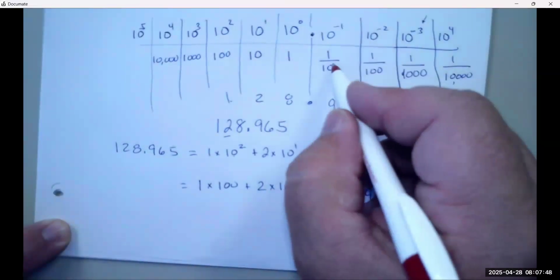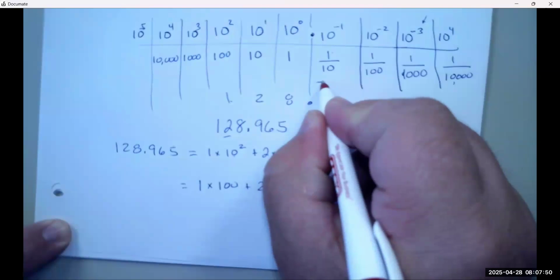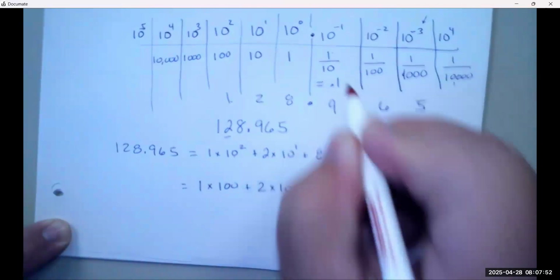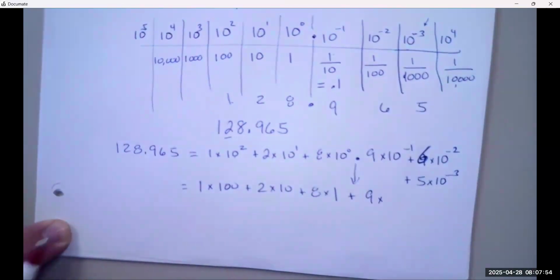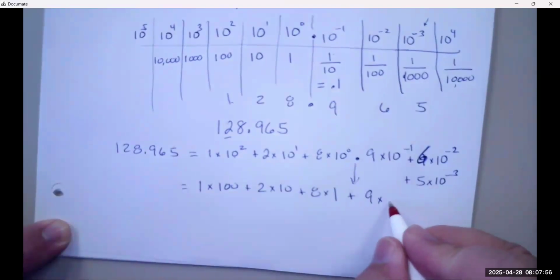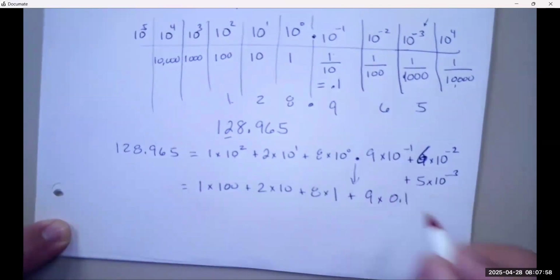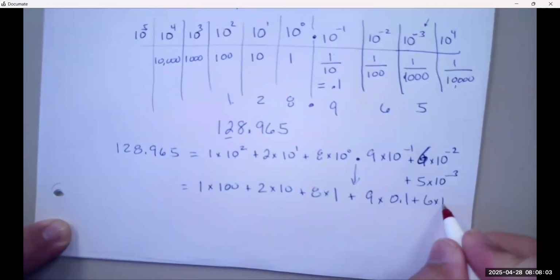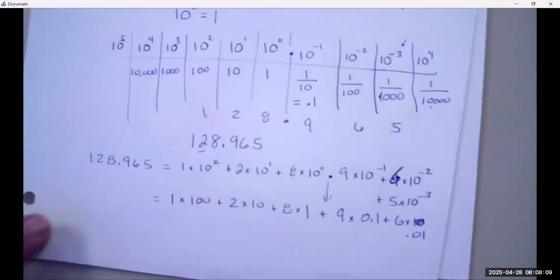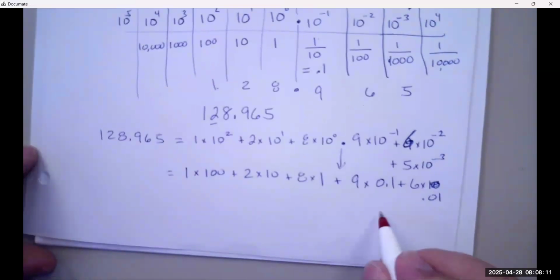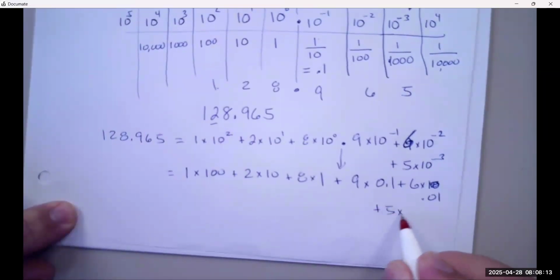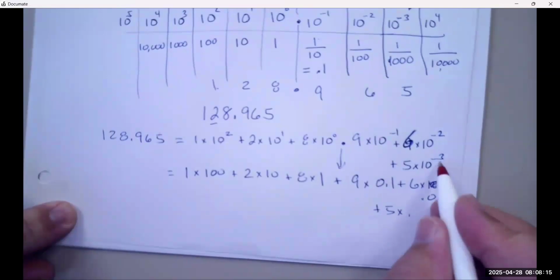It is 1 over 10, which is 0.1. 6 times 10 to the power negative 2 is 0.01. Plus 5, and since it's negative 3,